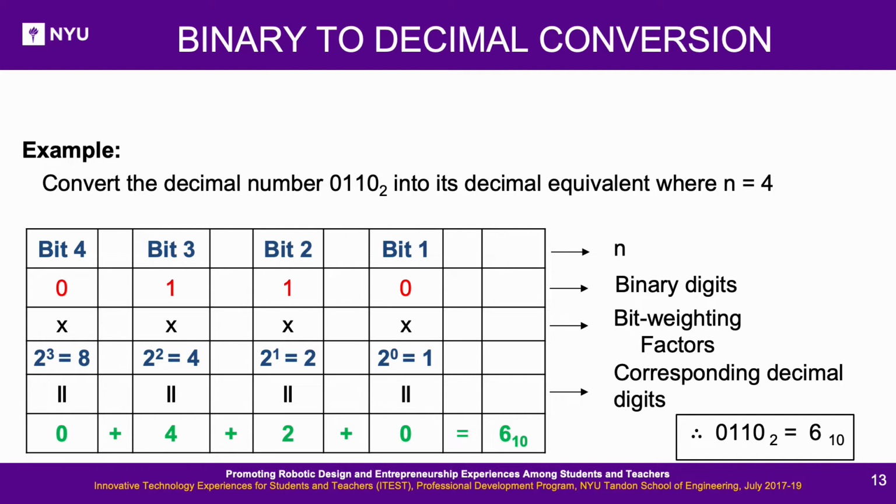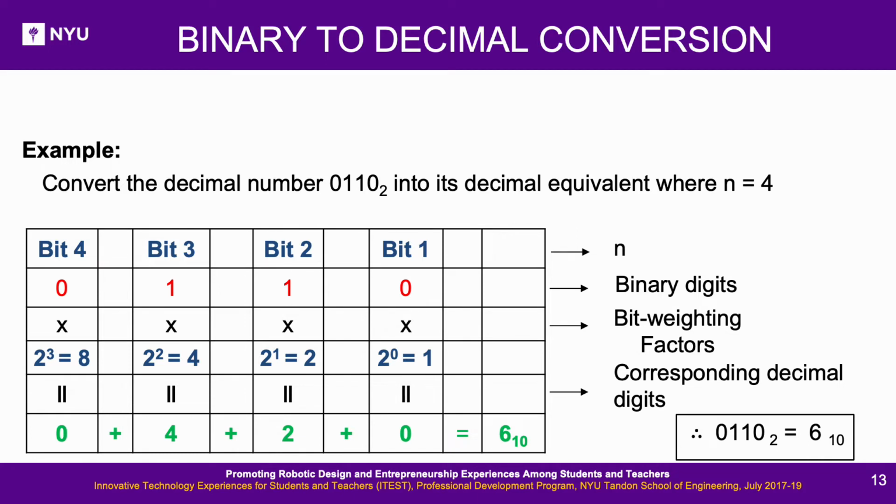Start from LSB. Bit 1 equals 0, is multiplied by 2 power 0, which gives 0. Similarly, bit 2 with 2 power 1, bit 3 with 2 power 2 and bit 4 with 2 power 3. The resulting numbers, 0, 4, 2 and 0 are added, to give the decimal equivalent number of 0110 as 6